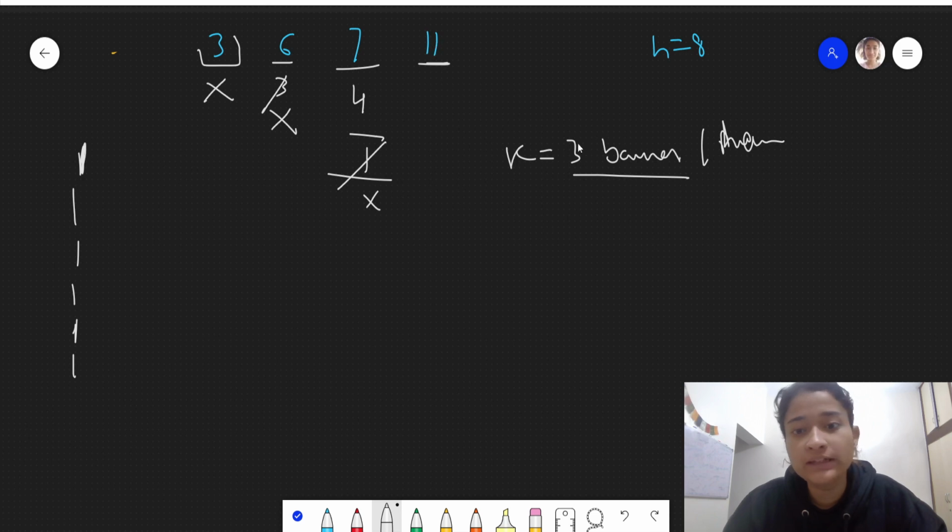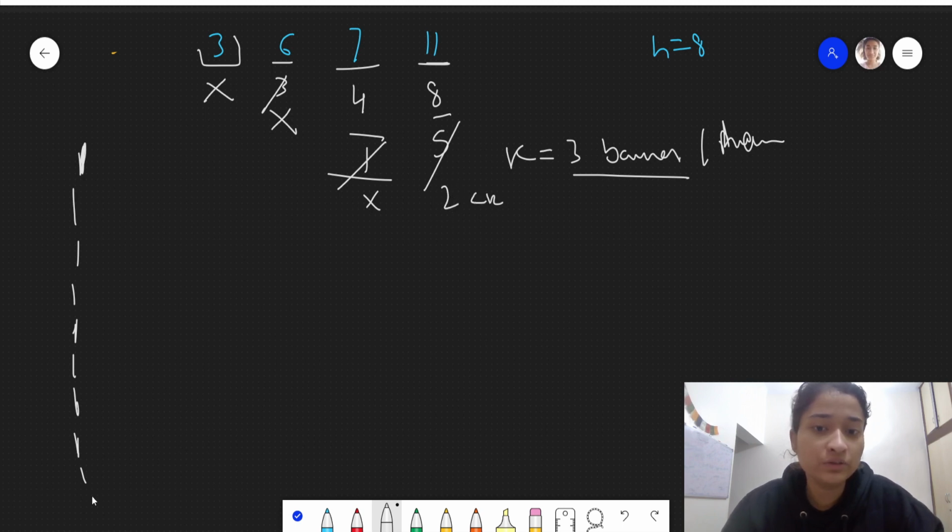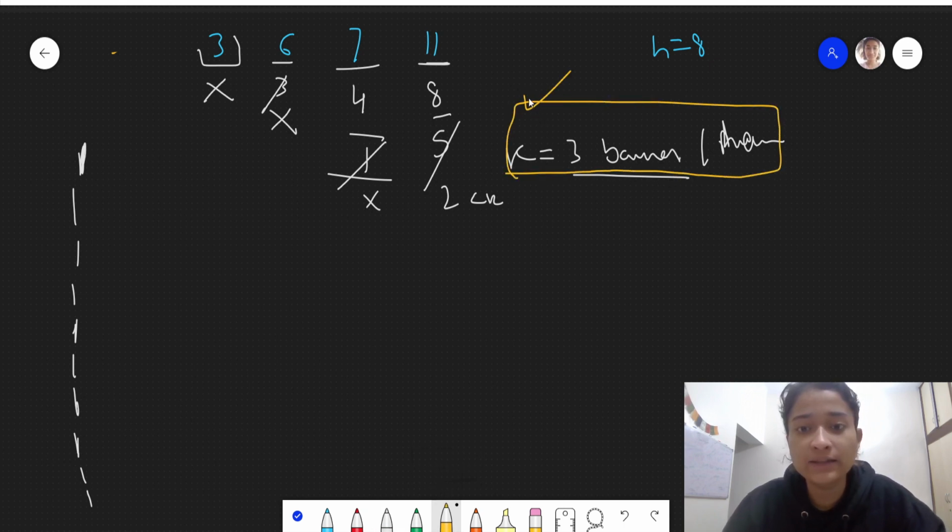Now Coco will go here. From 11, Coco will eat 3 bananas, 1 hour will be added, and the left will be 8. Then Coco will again eat 3 bananas, left will be 5, 1 more hour added. Then Coco will eat 3 bananas, 2 will be left, 1 more hour added. Now these are less than K, so Coco will eat all these 2 and 1 more hour will be added. So if the per hour eating capacity of Coco was 3 bananas, then in order to complete all these bananas, how many hours does Coco need?